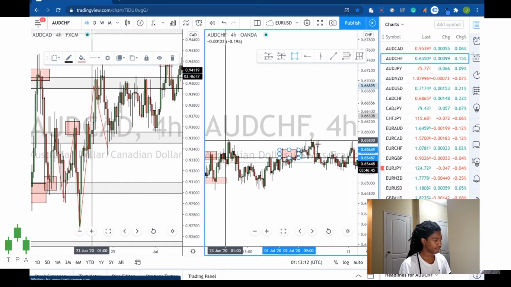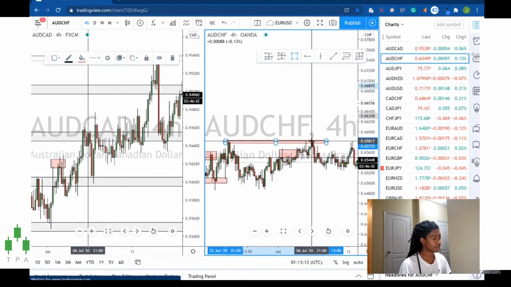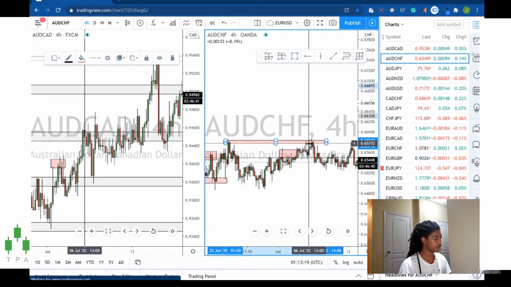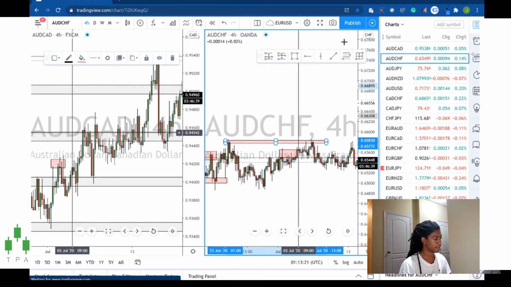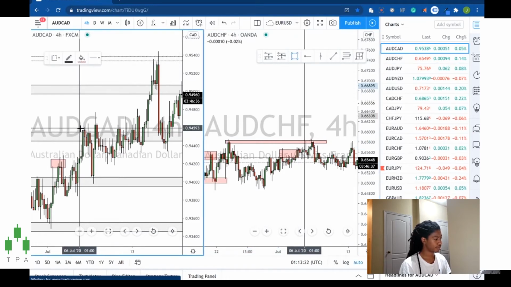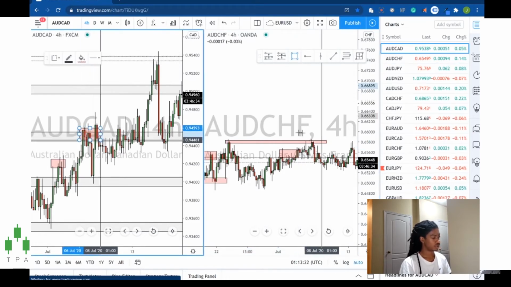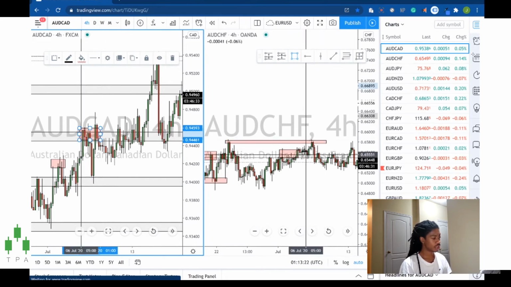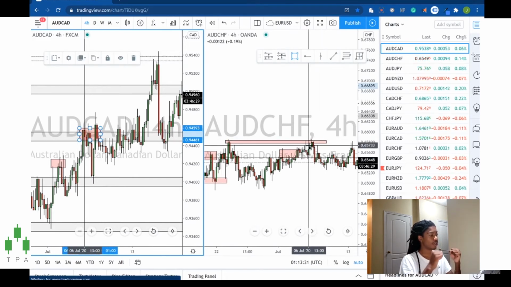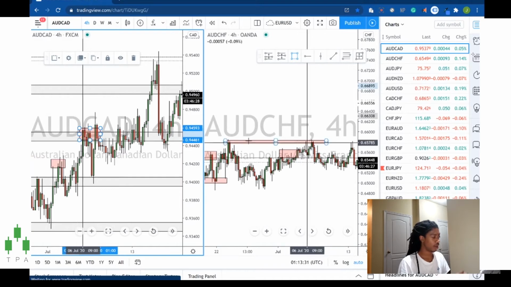Let me mark off this because here we have a double top. Let's see where this is here. So this, oops, right here. Okay, so we can see the Australian consolidates with the other pairs for a while here, right, on both sides